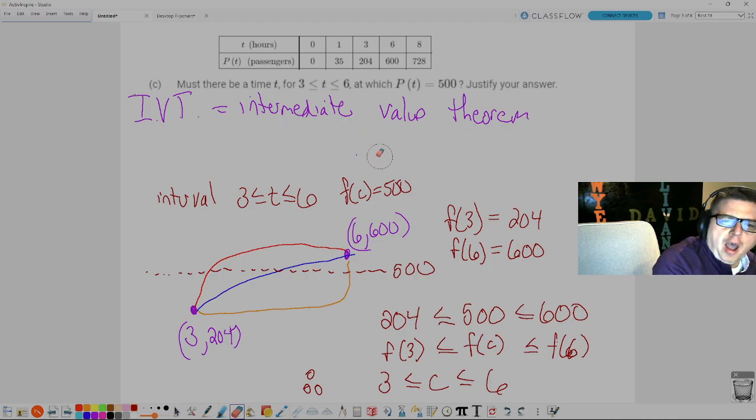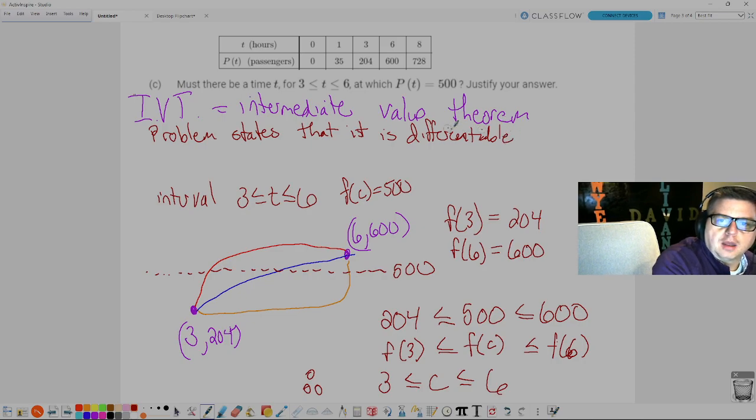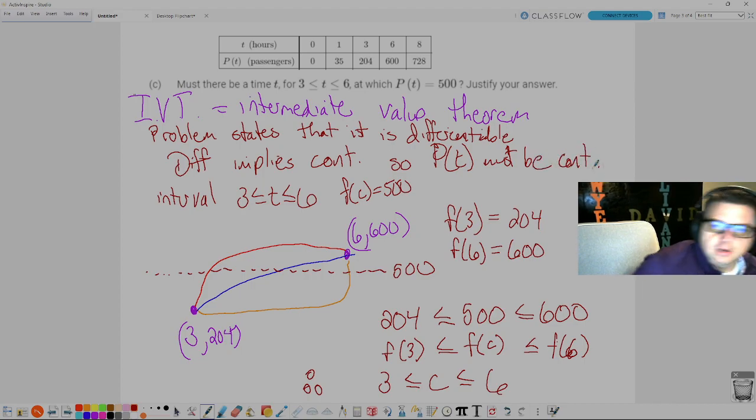Let's do it. Problem states that it is differentiable. I know my handwriting's terrible. And differentiability implies continuity. So P of t must be continuous. And then maybe by